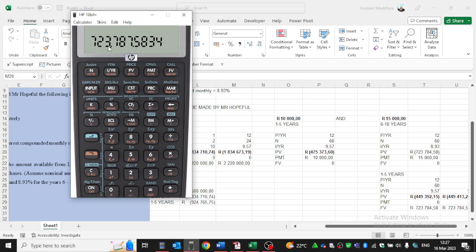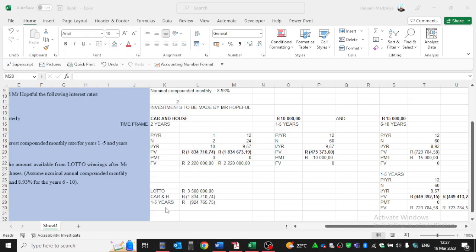So this amount that will be left will now change from earning 9.57% to 8.93%, which is going to allow him then from year 6 to continue to withdraw an increase of 15,000 from 10,000. So therefore the present value of the amount that Mr. Hopeful will have